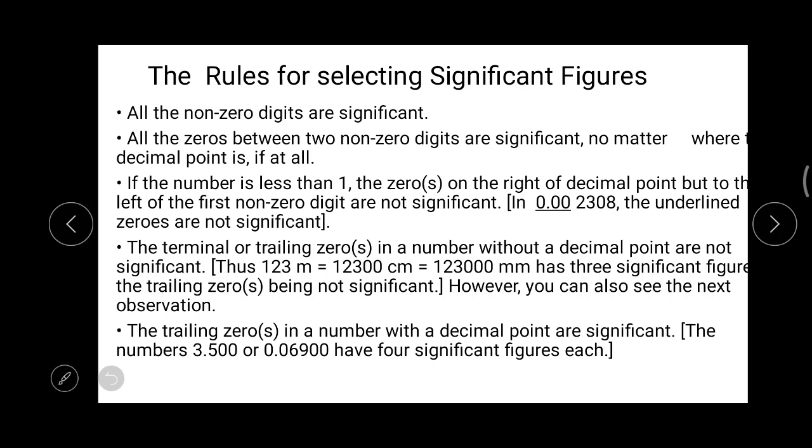Okay, so suppose the value is lesser than 1, then the 0 before the decimal point and after the decimal point till the first non-zero value, those zeros will be non-significant. We don't want to consider those zeros. Likewise, suppose we are considering the value given over here, these 3 zeros are not significant, hence the significant figures of this number are 1, 2, 3, 4. 4 will be the significant figures of this number, that is 2, 3, 0 and 8.